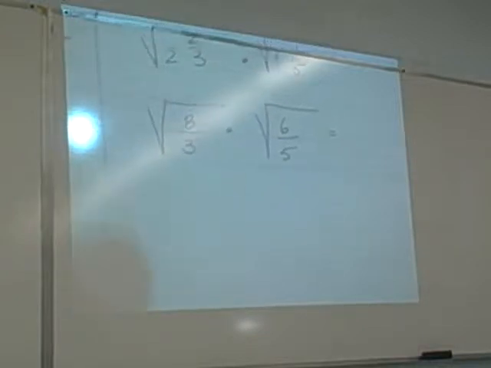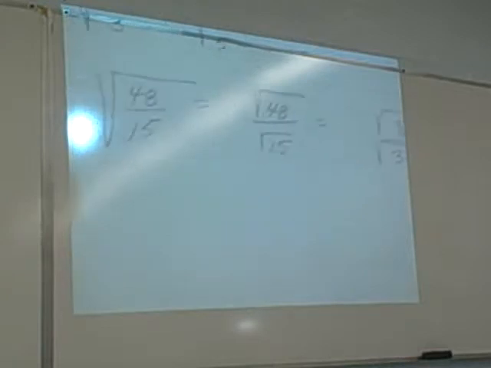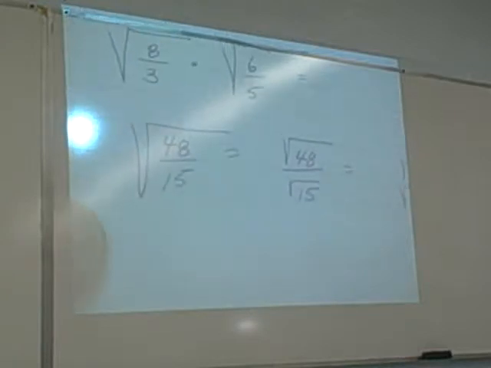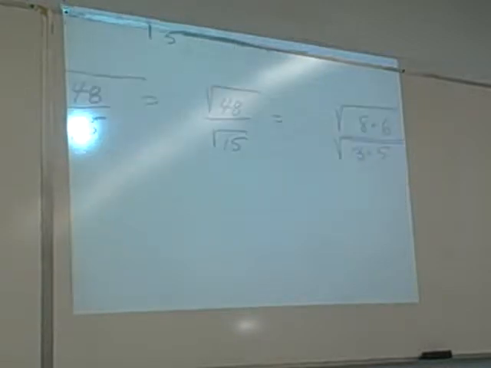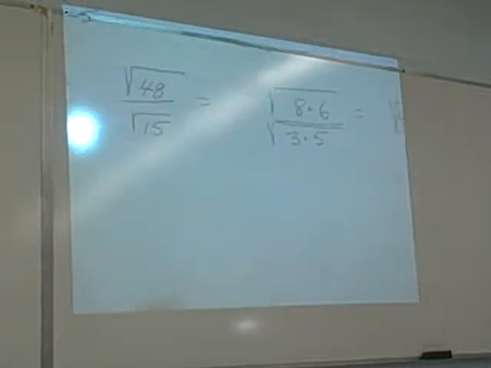Okay. Next line. I multiply. So 6 times 8 is 48, and 3 times 5 is 15. 48 over 15, and then I rewrote it as 2 separate problems. So far, so good? Yeah. Nobody's lost? Everybody's good? All right, so then I thought, all right, well, let's see what I can do with